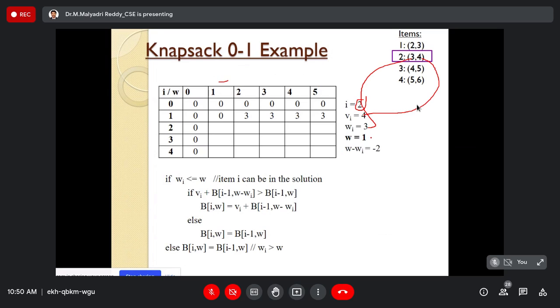So W1 is WV1. First one is 1 sir. Available weight is 3 sir. 3 minus 1... 1 minus 3 is called minus 2 sir. నాట్ పాసిబుల్ కదా, Yes, sir. రైట్ సేమ్.